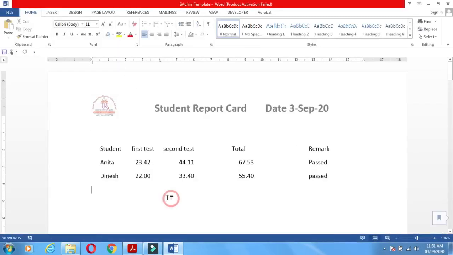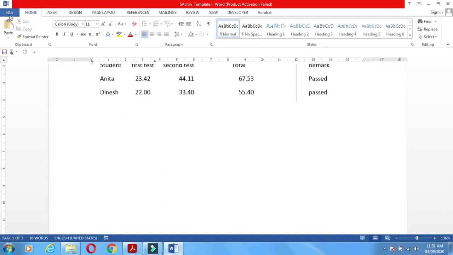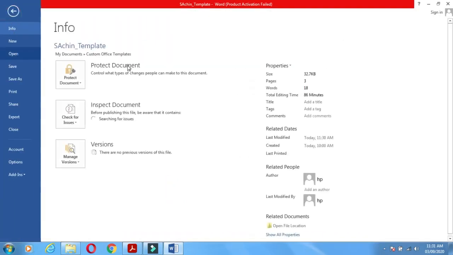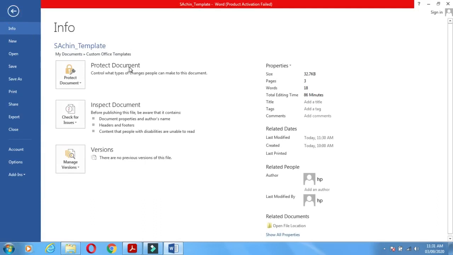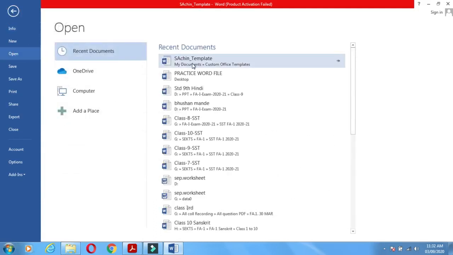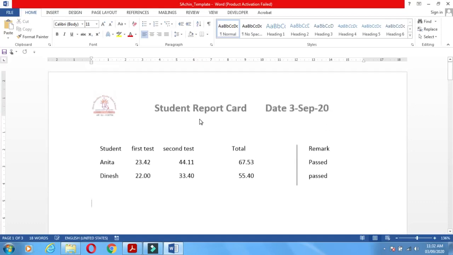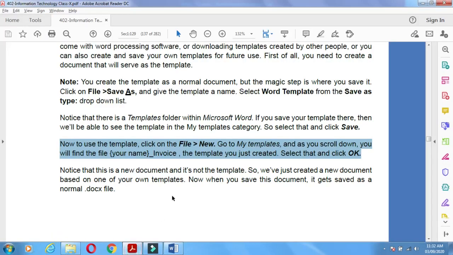In this way you can choose, in file, open, Sachin template. The name given to that file is Sachin template. If you click on this, in this way that template is opened in front of you. Understand?